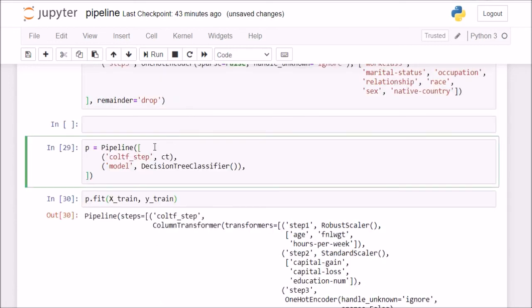Just so you know, the convention is we have to pass in the transformer objects one after the other. Okay, and then a final step should be a decision tree classifier or any other estimator, right, for a machine learning model. So I cannot say first do a decision tree classifier and then transform using the column transformer, because it is applying one step at a time.